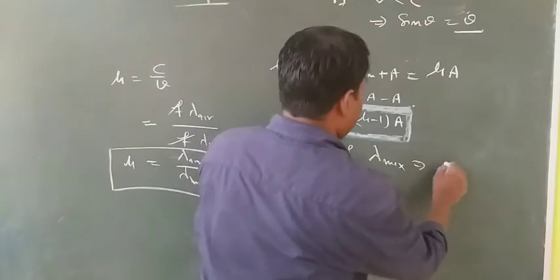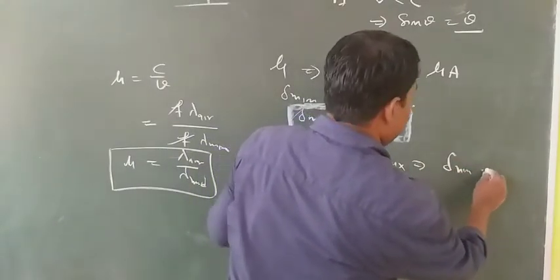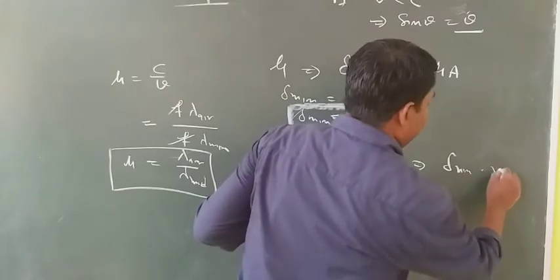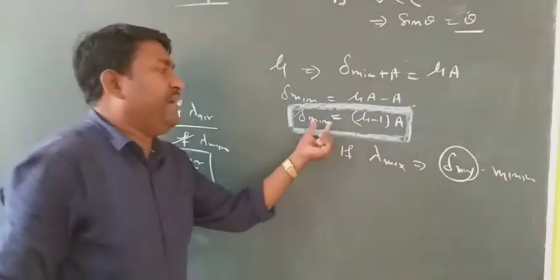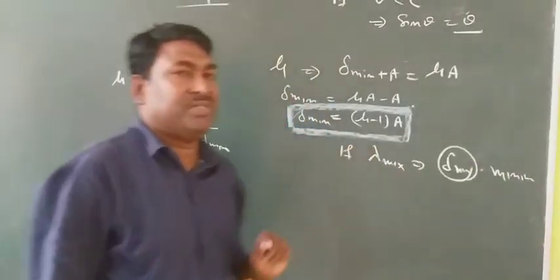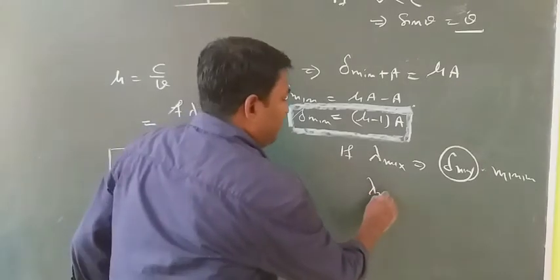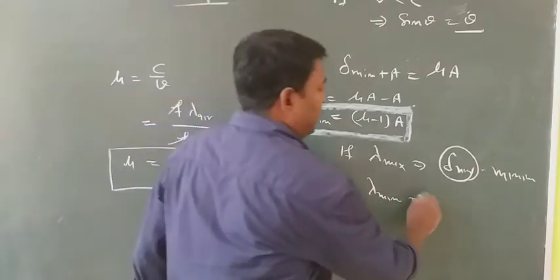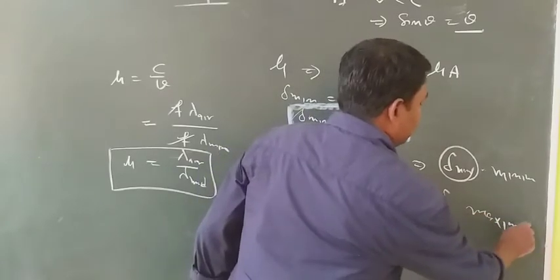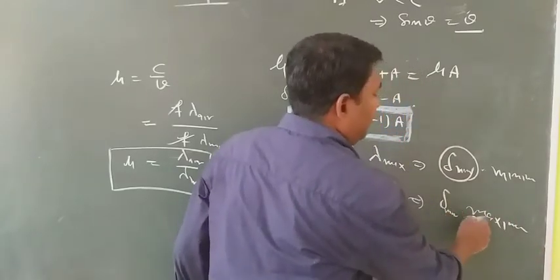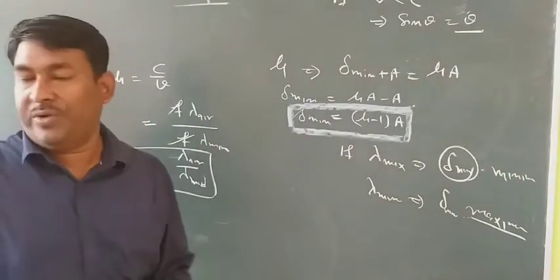It implies that delta minimum, the deviation, is minimum. This deviation of light ray will be minimum for maximum wavelength, and for minimum wavelength light ray, this deviation will be maximum. This delta minimum will be maximum. Okay. Now, for example,